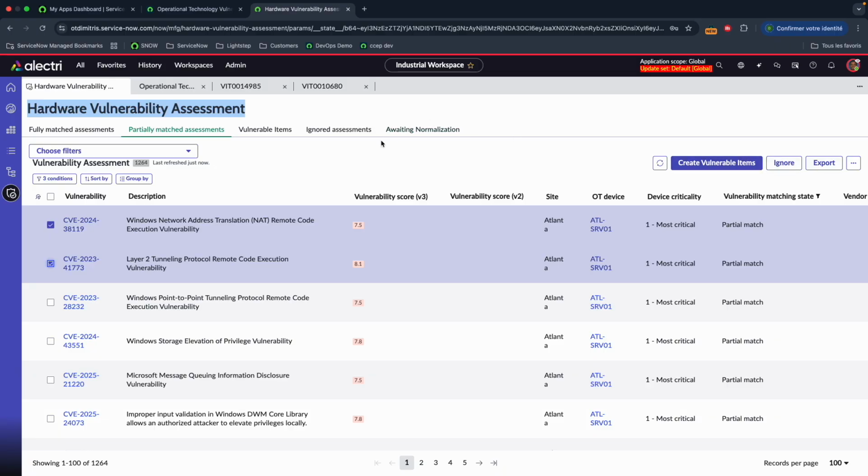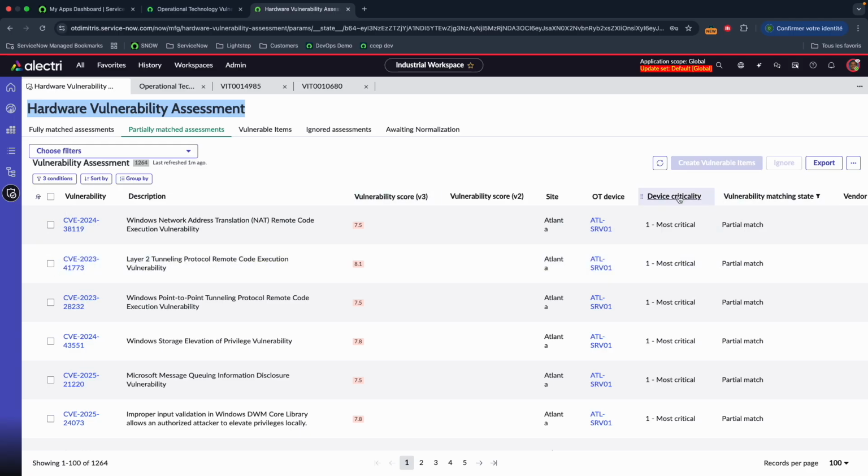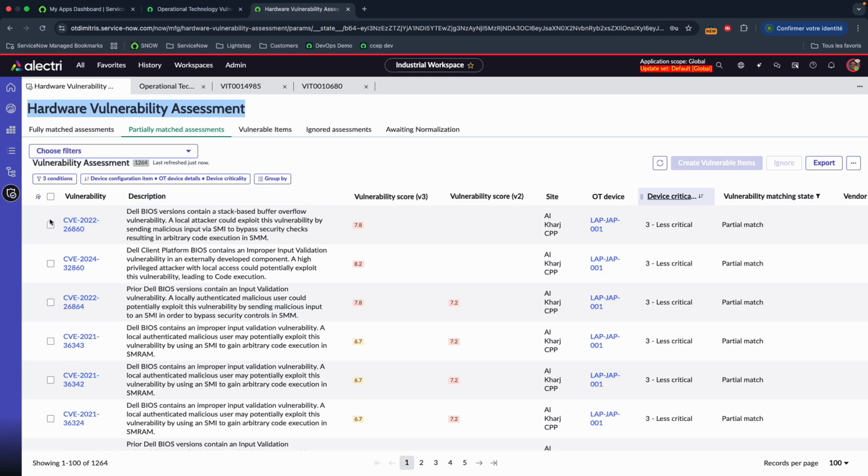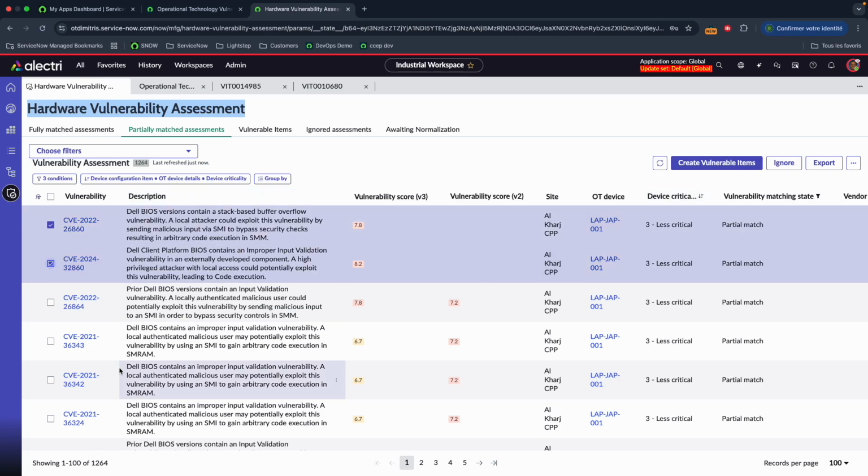In this case, it will go into the ignored list, and you can for sure revert it if you make an error, or you can create a vulnerable item and then go into the vulnerable items workflow, like the remediation or the investigation workflows. So typically here, I will not ignore critical ones, I will ignore the smallest one. So if I go for a less critical device, then I will ignore these ones.